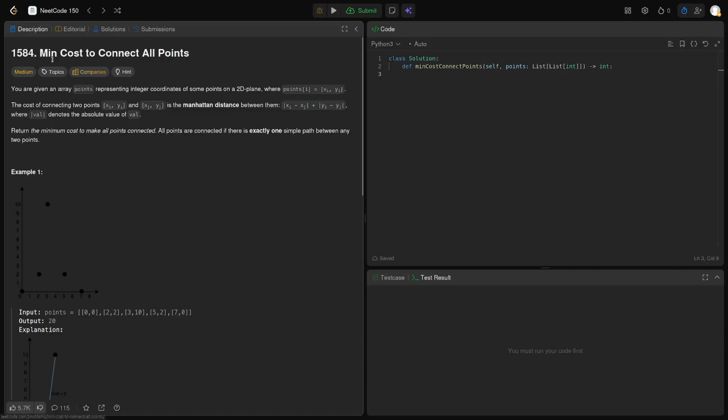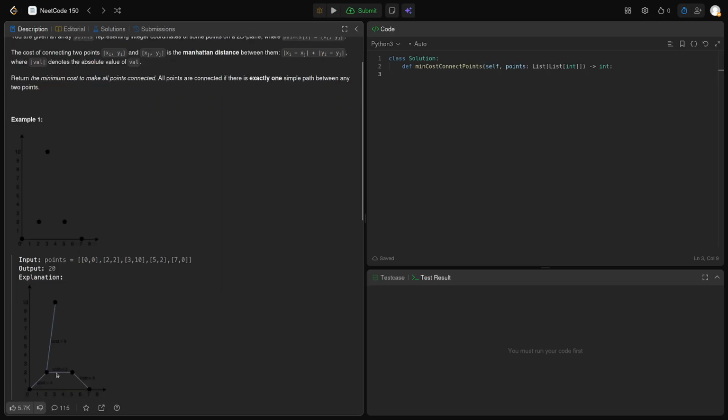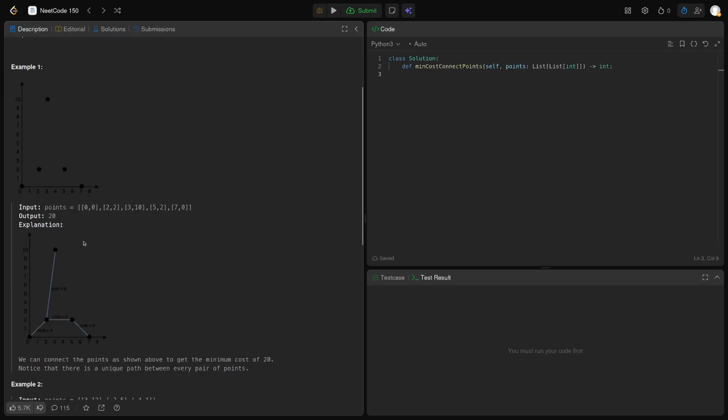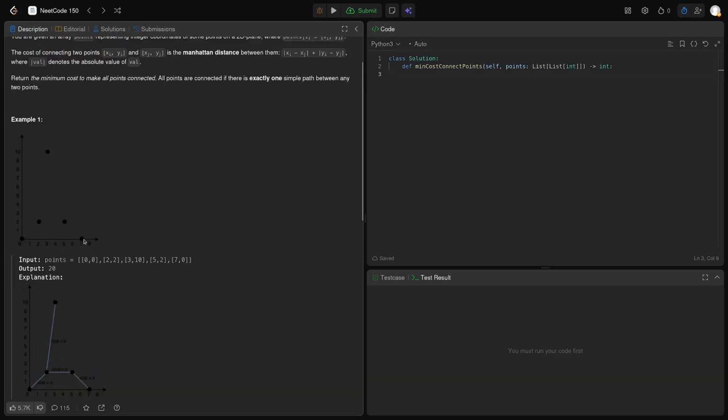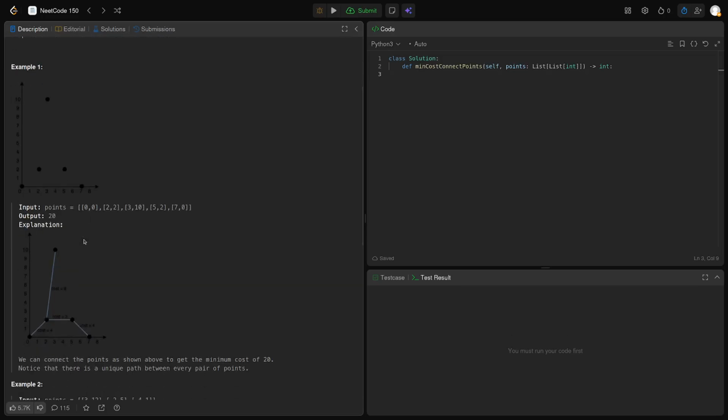So today we are doing problem 1584, Min Cost to Connect All Points. Essentially we just got points and the cost of connecting two of them is their Manhattan distance, which is the absolute difference of coordinates, and we want the minimum cost to connect them all. This screams that you want an MST, and usually this works in a way that